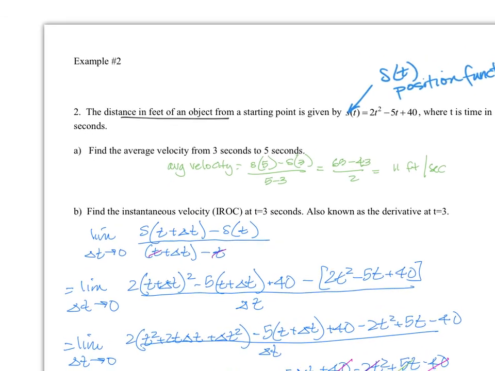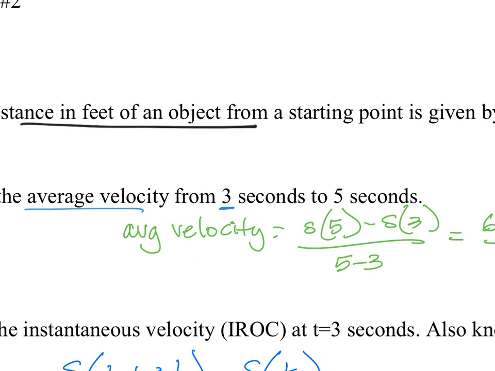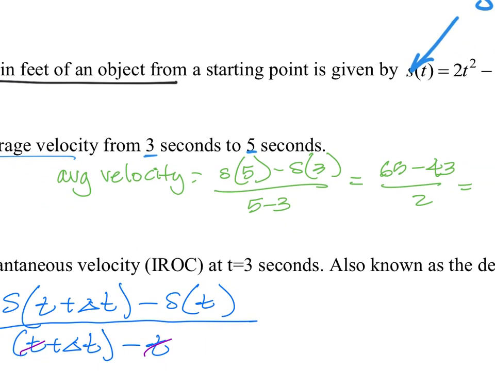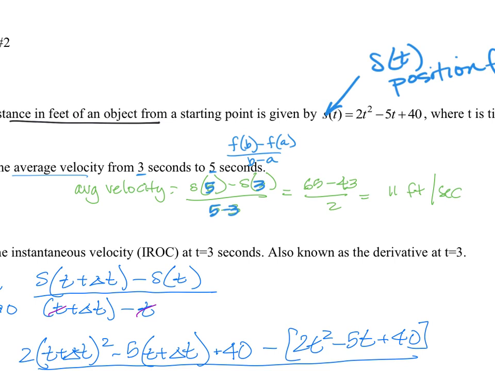Okay, so the first thing we are asked to do is to find the average velocity from 3 seconds to 5 seconds. So if it asks us to find something between 2 points, we are basically still doing this: the function at the output at B minus the output at A, B minus A. So in this case, it asks us for 5 seconds and 3 seconds, and then we're doing the 5 minus the 3. We get 65 for the S sub 5, 43 for the S sub 3, divided by 2 gives us 11